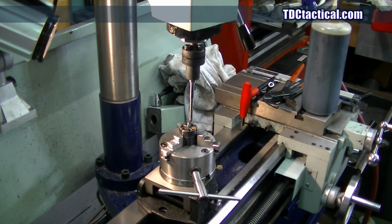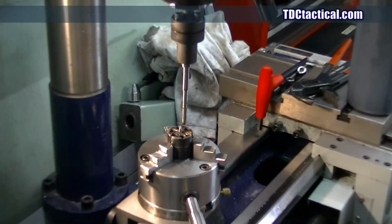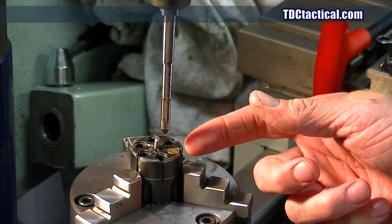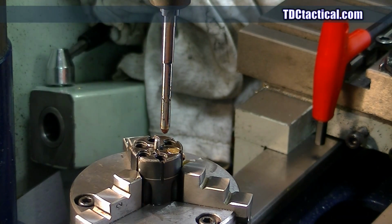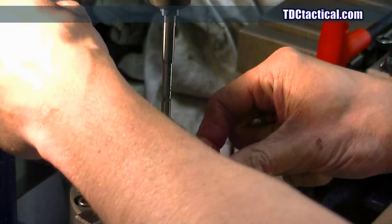There we go. Here's a little showing of what I've got going. It's a little cylinder for a .22 revolver. It's an RG, I believe. Whenever you'd fire it, the cases were getting jammed in there. The ejector was very hard to release, and so I've